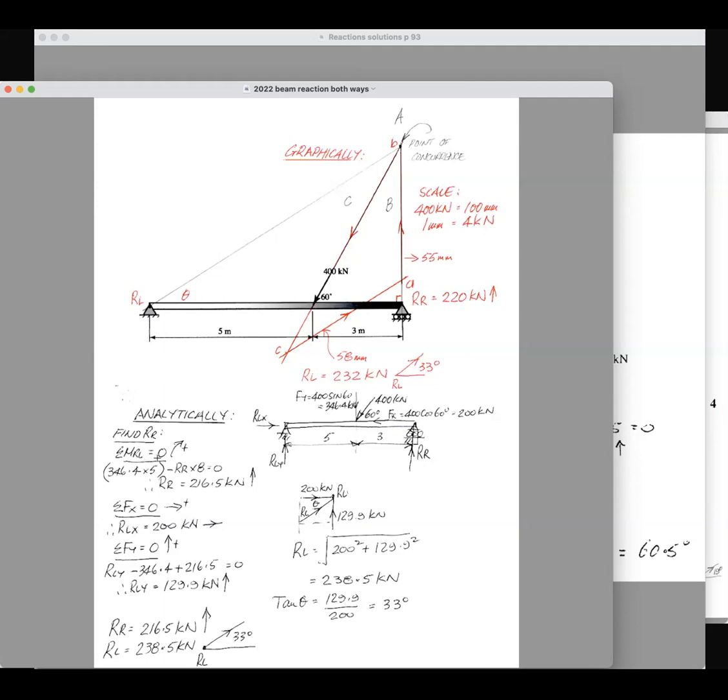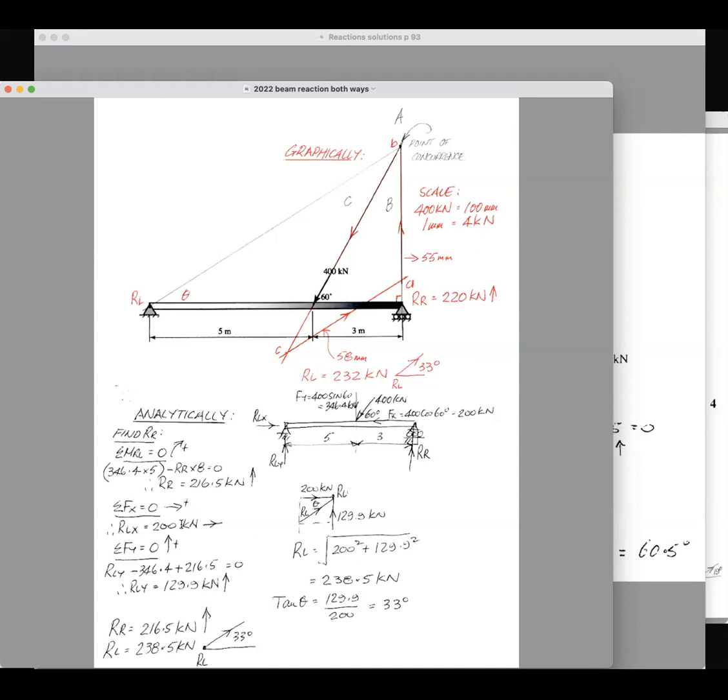So you sum the moments about RL, so I've got 346.4, which is the vertical component there, minus RR times 8, so you get 216.5 there. And see what I got here, it's pretty close. It's well within 10%. And then sum the horizontal forces, so you've got that force equal to that force,